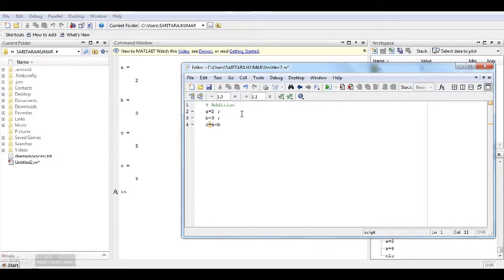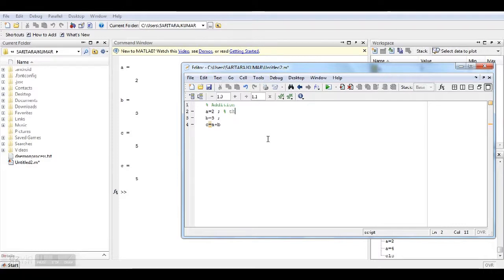If it is followed by a percentage symbol, you can write it as addition, and it looks like this. There is no effect of this on the program, but it will show as a comment, like this program is written for addition. For every step also you can write comments using the percentage symbol.